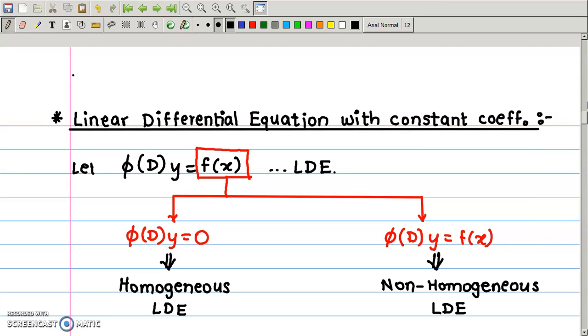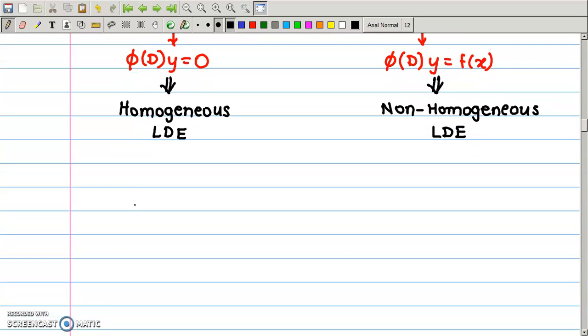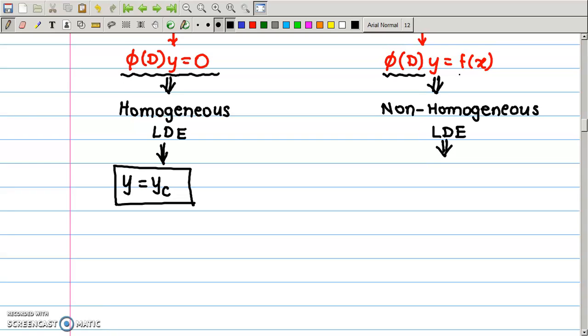In the previous module, we discussed the nature of the solution for the given linear differential equation. So again, since in this general form f of x is 0, the general solution of a homogeneous differential equation will mainly depend upon the auxiliary equation, meaning we need to find the complementary function only. And since in a non-homogeneous linear differential equation there is an auxiliary polynomial as well as a specific function f of x, the general solution will depend upon the auxiliary equation as well as the particular integral.